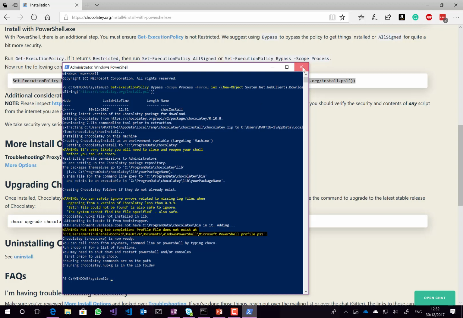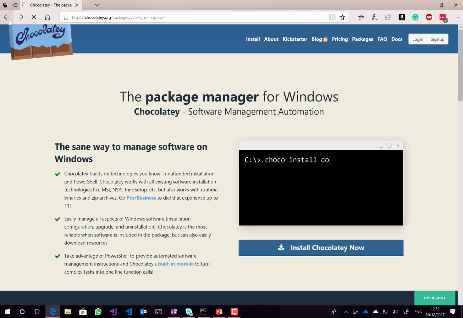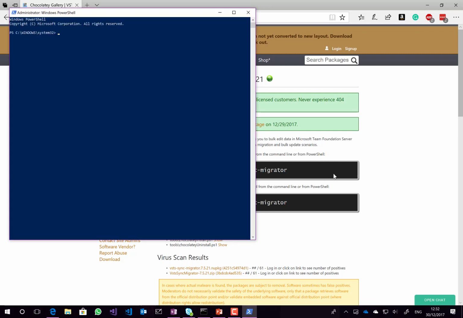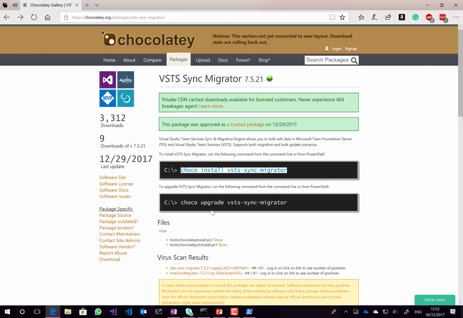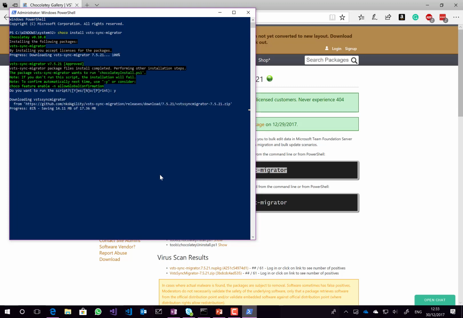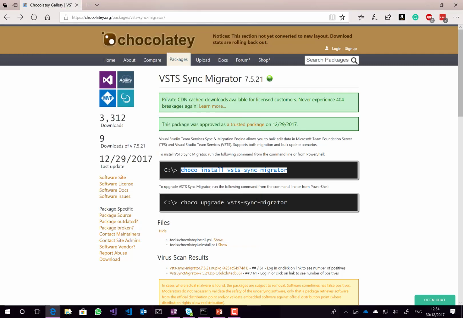Okay, so I'm going to close that window. I'm going to go back to our Sync Migrator. There we go, we've got our Sync Migrator. So in order to install, now we've got Chocolatey installed, I'm going to open a PowerShell window. And this time I'm going to run choco install VSTS Sync Migrator. Since Chocolatey's installed, it's going to run it. Okay, so now that it's installed,